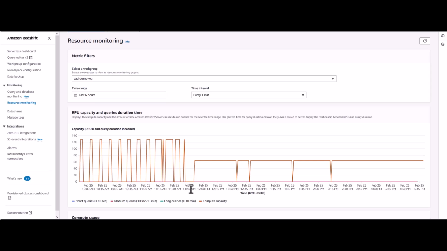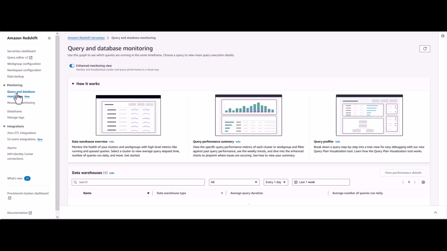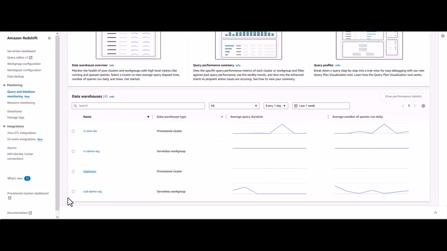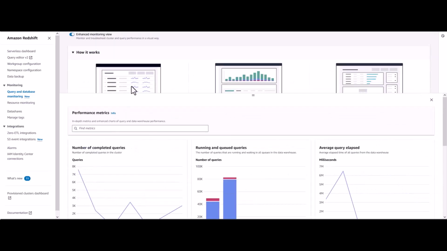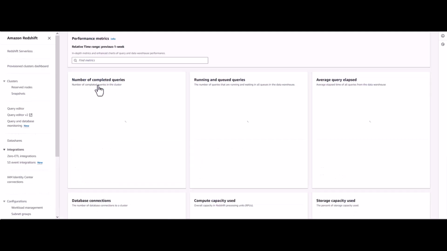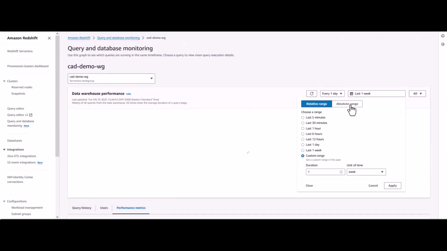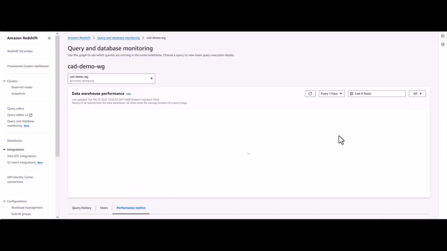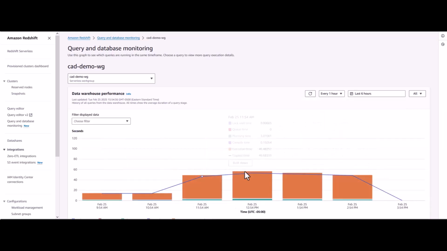Let's see the effect of this on the queries, and also how you can monitor the trend of a specific query over a period of time. So if we go to queries and database monitoring and then click on the work group where I changed the compute capacity and look at the last 6 hours, this will show the trend overall.